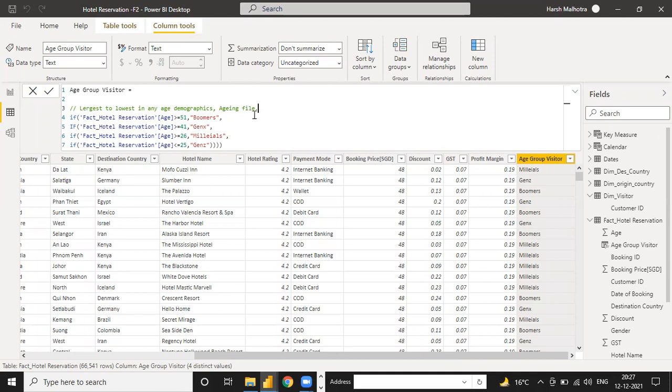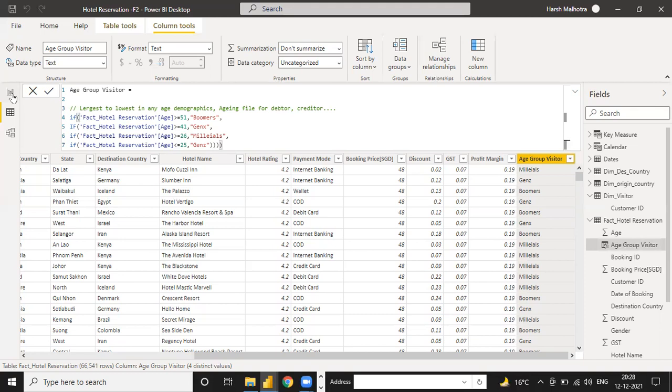Okay, so there is a difference between Excel and DAX. For any aging file, write it here as debtor or creditor also. So this function should be the same for all these conditions. And this is the comment written so that you can classify this condition for every task, for every project. Okay, any doubt? Anyone? No. Okay. So now this is the first condition we have.